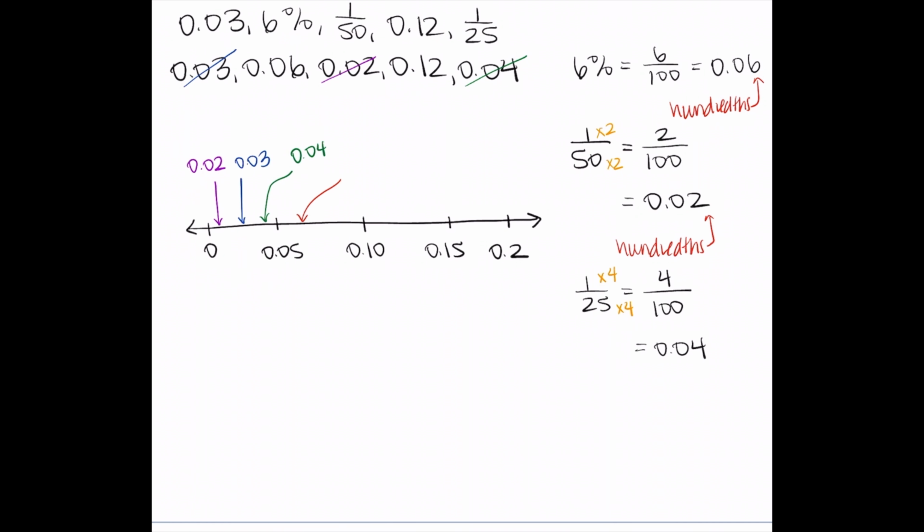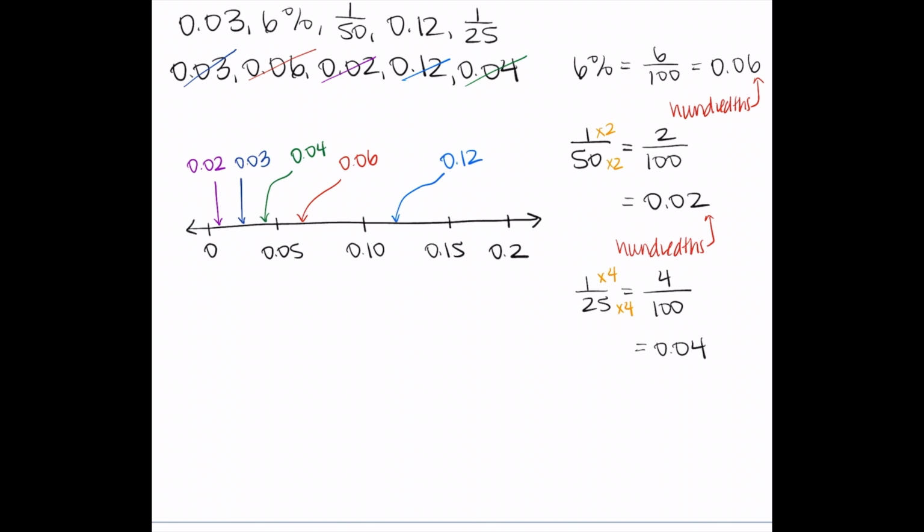The 0.06 would go right after the 0.05. We'll label that one in the red shade. And then the 0.12, that one would go after the 0.10 spot, right? And that one we will label with the light blue shade. So now that we've labeled everything on the number line, we again need to go back and make sure that we answer the question in terms of all the numbers the way that they were initially given to us,